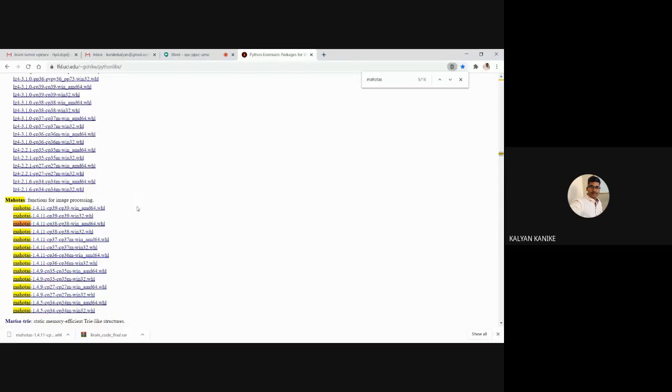So here you can see, we can download the file according to the version of Python we have installed. Here I am using Python 3.6 version and a 64-bit Windows operating system. If you are using Windows 32-bit, you can take this one. Here there are versions 27, 34, 35 or 36. I'm using 36, so we have to download this one. I have downloaded this one already.